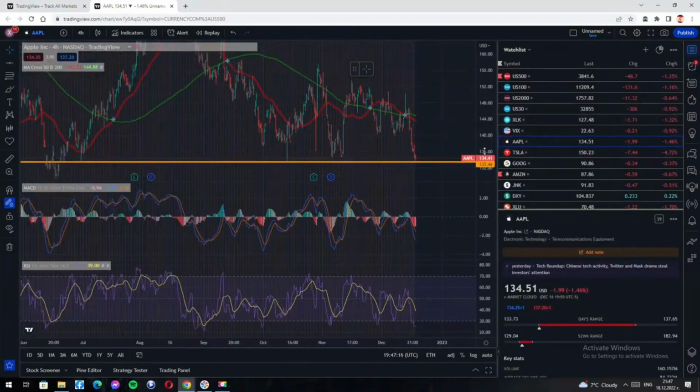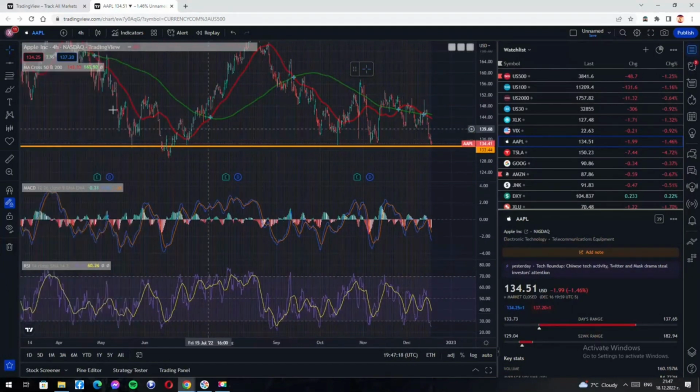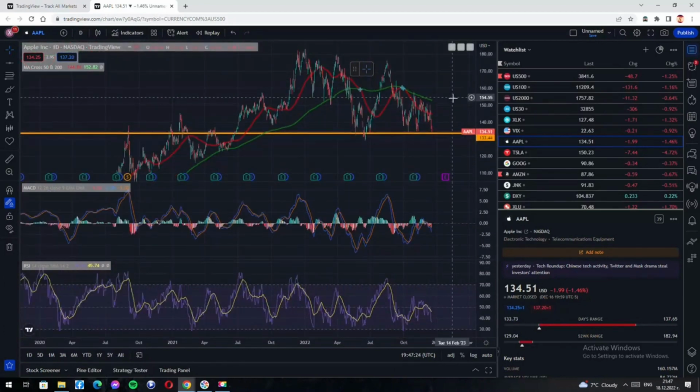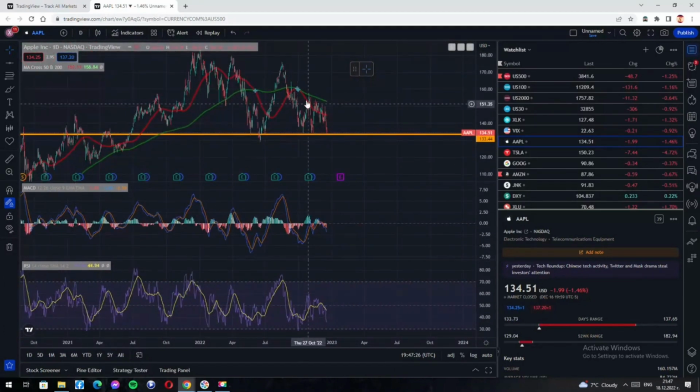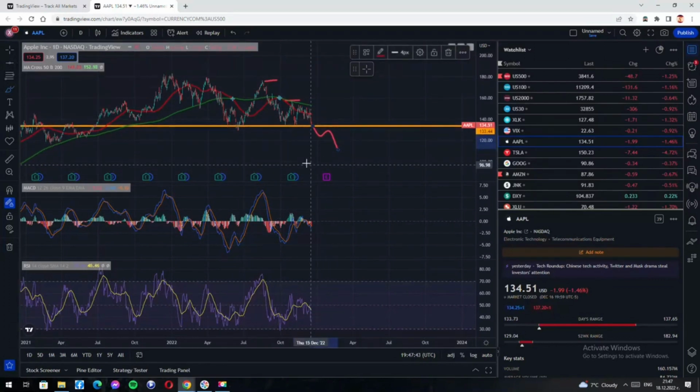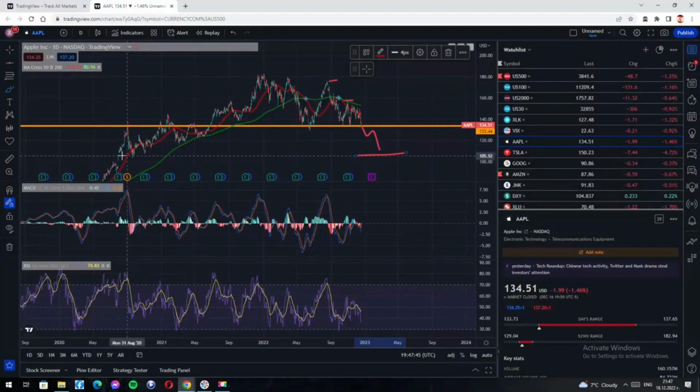Let's take a look at the Apple chart. Apple chart is looking very bad, very bad. As you can see, we are below all the moving averages, bearish MACD, RSI is pointing down, on support, lower highs, equal lows. So I believe Apple is going down. Apple is going right back around here